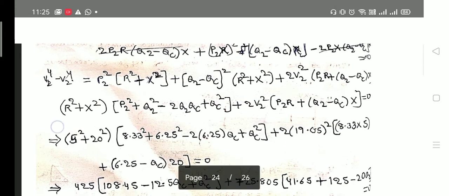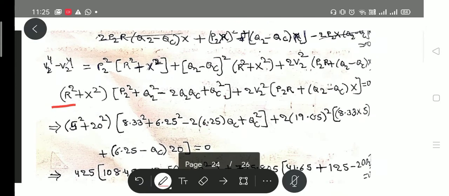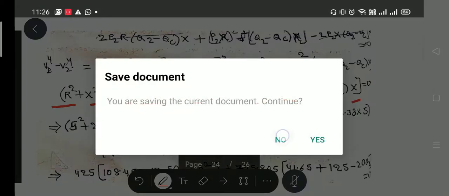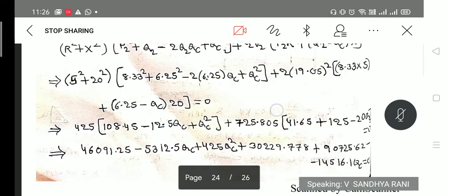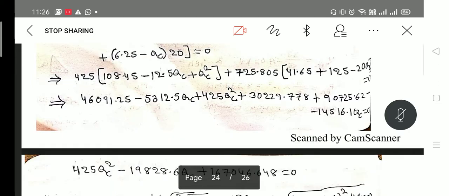In this equation I am substituting all the values. R value we know, X value we know, P, Q2 also we know, QC we don't know the value. V2 square also we know, P2R also, Q2, X also we know, QC value we don't know. So, we can calculate the QC value here, right. So, substitute all the values, then we will get